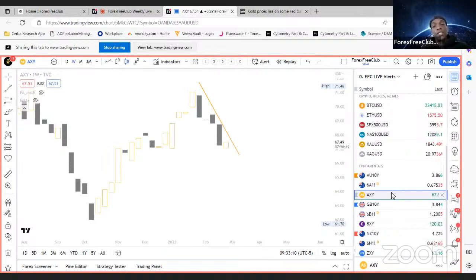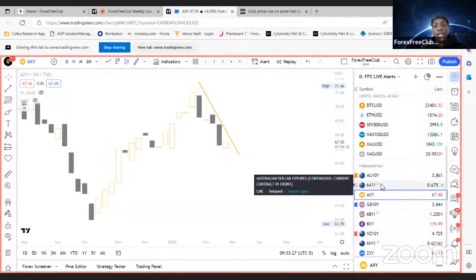The index pretty much looks the same as the futures. That's something you can know for all of them. And for some reason, the futures and index are going against the 10-year yield. So I'll be interested to find out more about that, because I know that as the yields increase, that increases the value of the currency as well as the indices. So the futures and the index, we're looking for bullish signals on all of these.